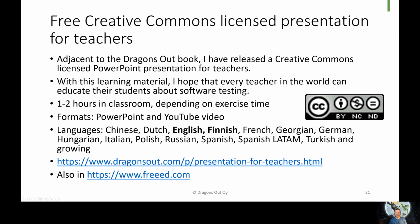So it's free. It is Creative Commons license, so any teacher in the world can use it. It is worth 1 or 2 hours in classroom, depending on how much time you spend on exercises. It comes in PowerPoint, and I have also recorded the delivery of the PowerPoint in Finnish and in English,